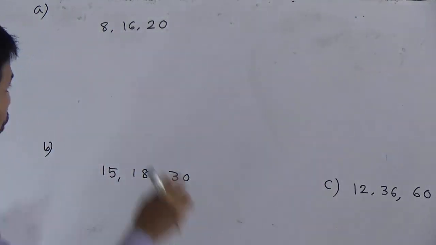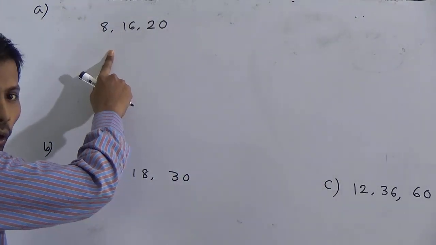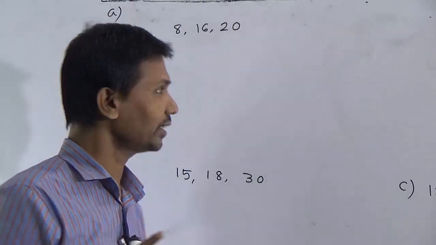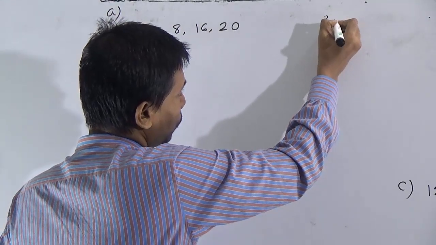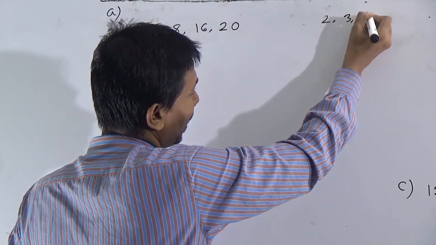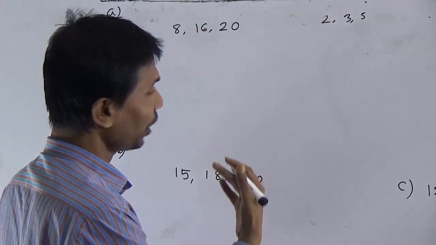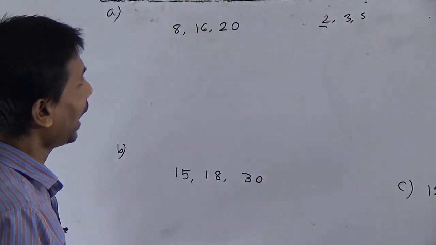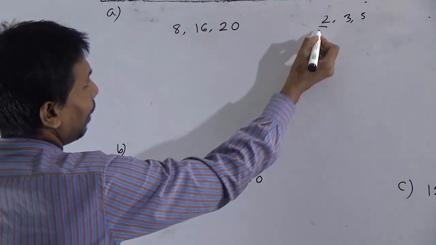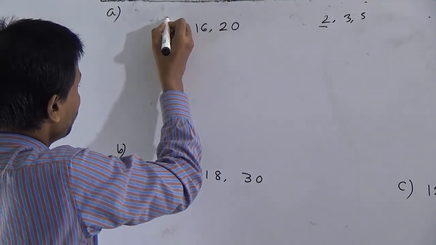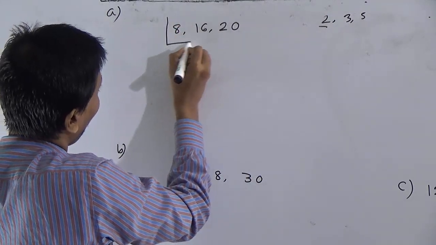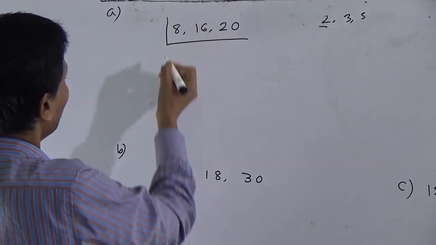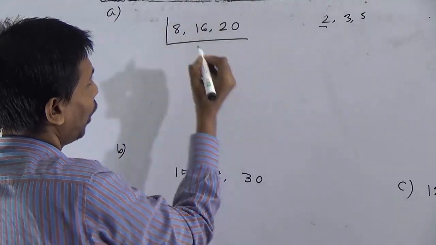When you solve the HCF or LCM, you always choose the prime number. But at first you select 2 or 3 and 5. That means you proceed from smaller to greater. So I have selected the number 2. Listen. Now at first you draw like this way. Okay, please pay attention.